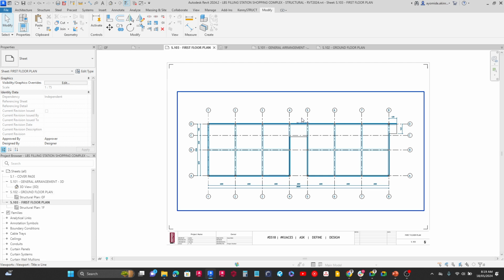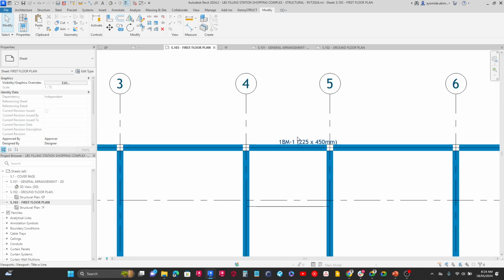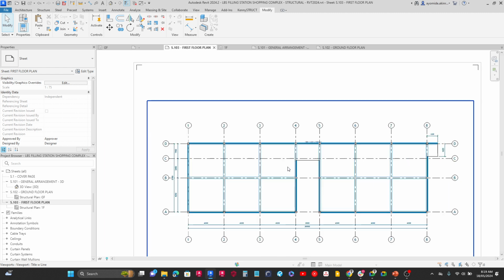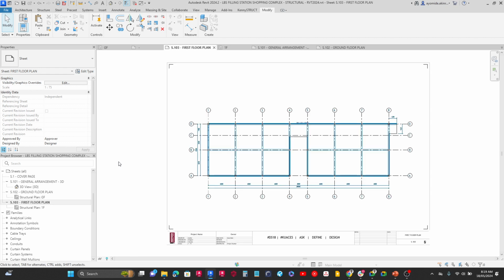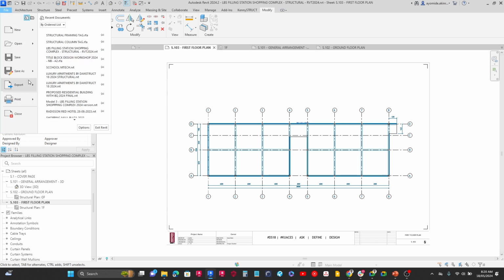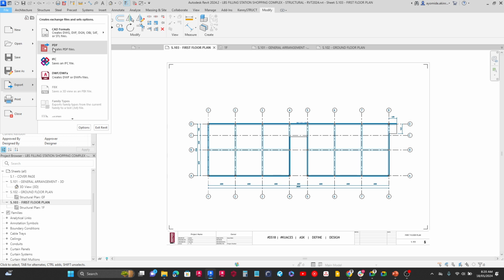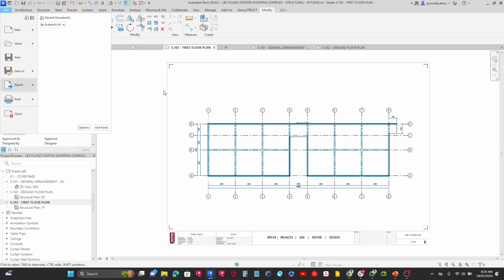Now, if you are going to be exporting for your own exercise, you have to go ahead and tag everything just like I have done over here. Now you can use your style just like I've mentioned. Now, how do we go ahead and export this view? To export the view, you need to come over here and you see this option here, PDF, at the top of your screen. Another way you can access it is you can come here to File, and then under Exports, you're going to see here PDF. If I click on PDF,